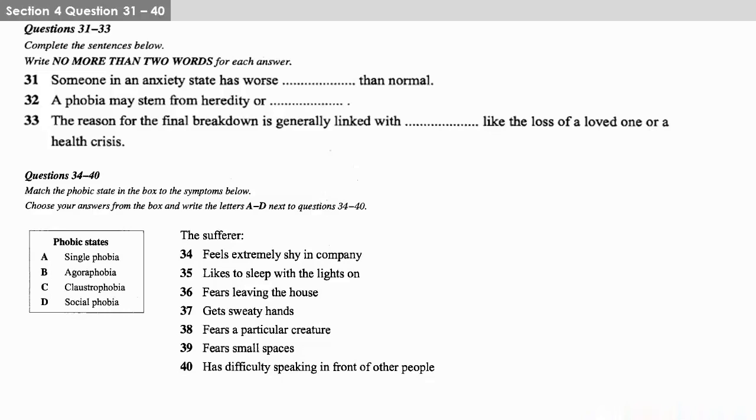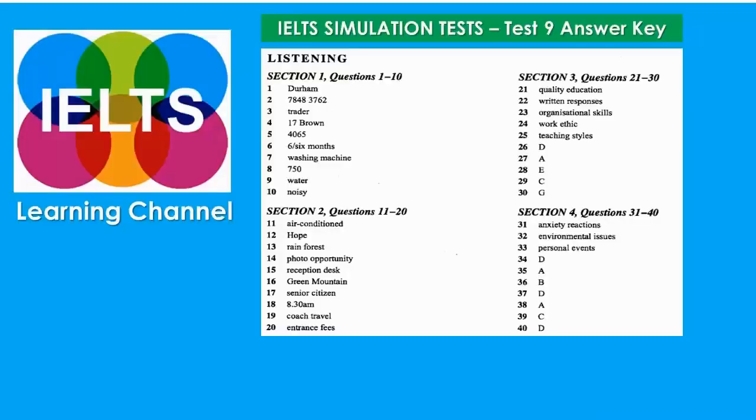That is the end of Section 4. You now have half a minute to check your answers. That is the end of the listening test. You now have 10